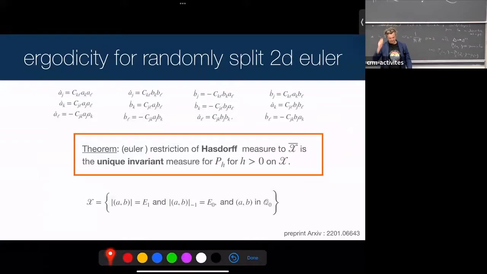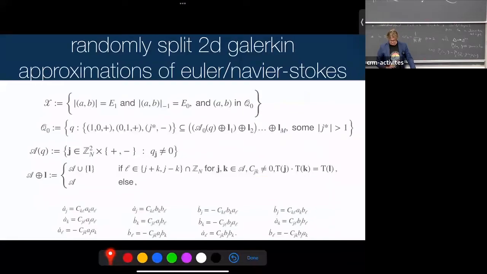And if you go to the Euler equation split, there's a unique measure which is absolutely continuous. Actually, it is Hausdorff measure. The Hausdorff measure is the invariant measure of the system. And it's slightly more complicated. You have to exclude a whole set of funny points, which, not surprisingly, I really would like to find a better way to do, but like I said, it took me 3 times to get it right last time, and this is just time 1.